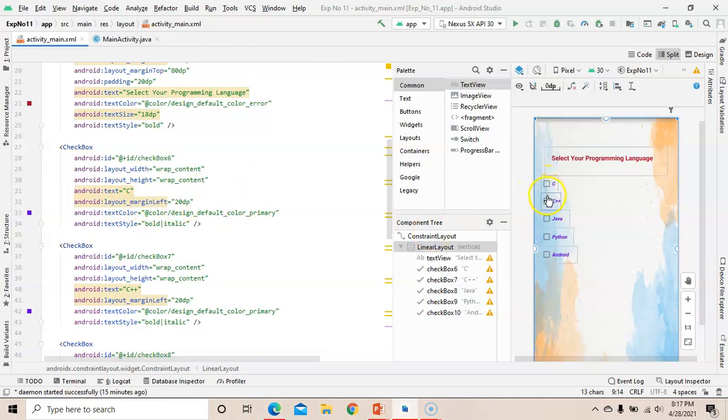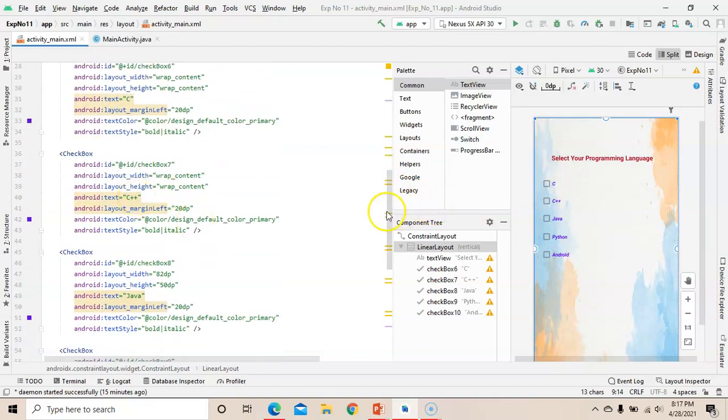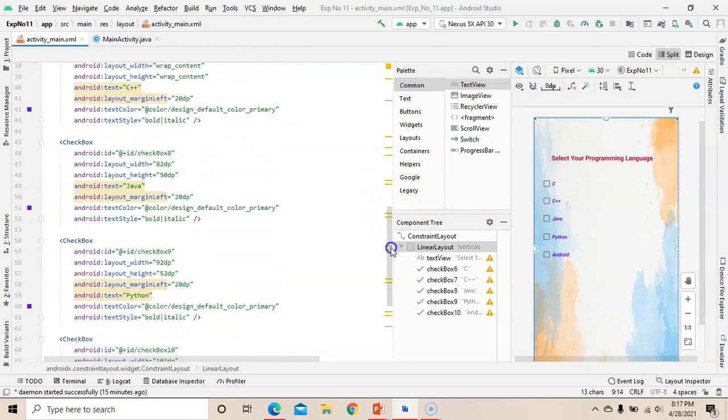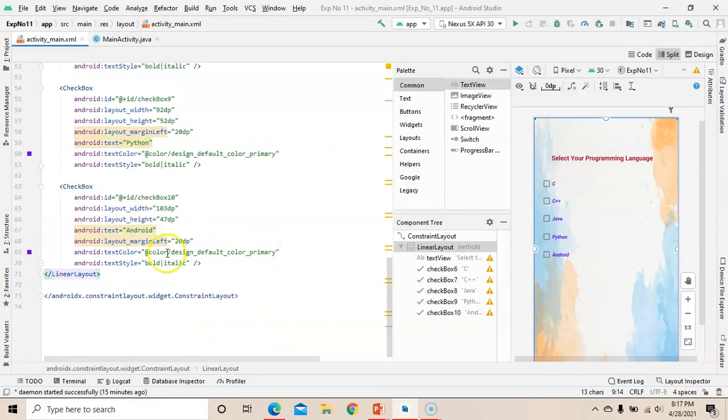So for every checkbox I have used margin left 20, 20, 20 like this, so they are in the same line. The margin top attribute will not work on these checkboxes because we are using linear layout, so they will be added linearly by default. Okay. Now this is the design.